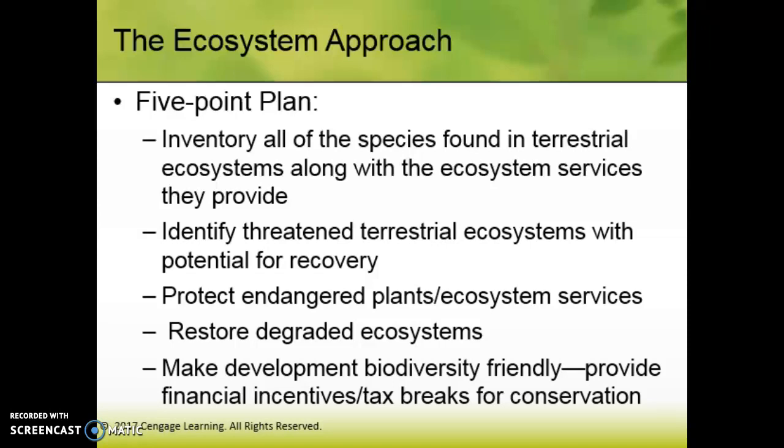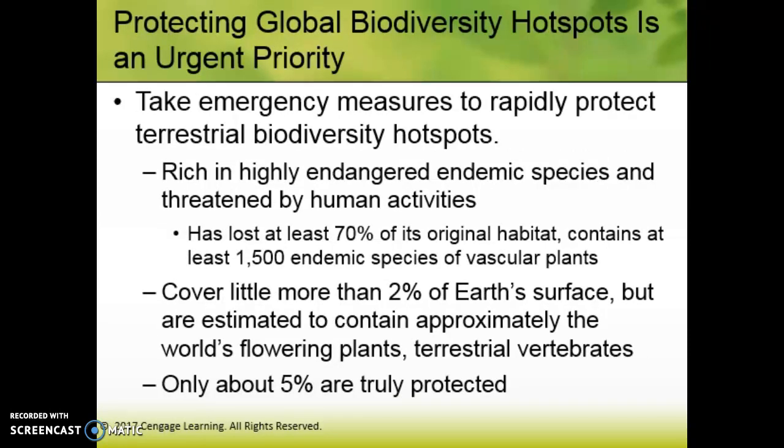Restore degraded ecosystems really goes along with point 2 there. And then make development biodiversity friendly. So provide financial incentives and tax breaks for conservation and for reconciliation designs and things along those lines. Is an urgent priority. We have to take measures to